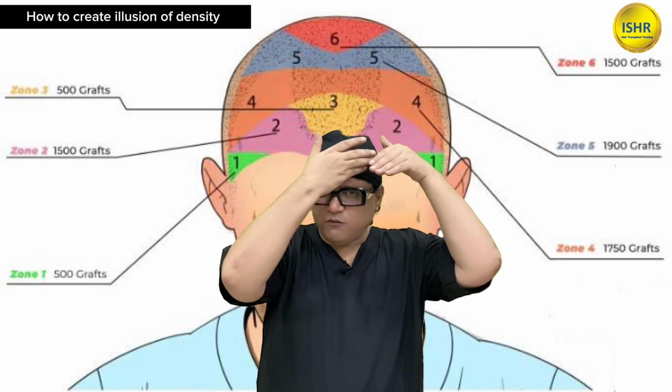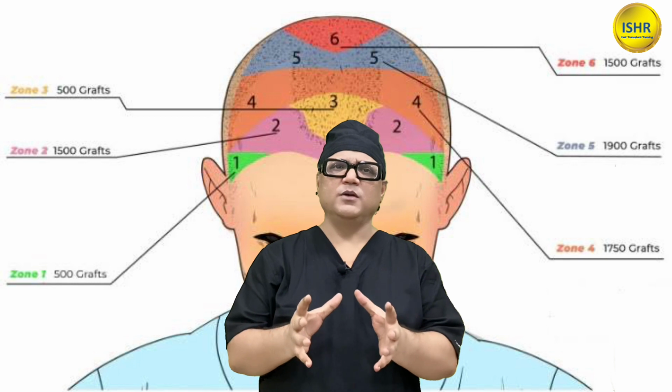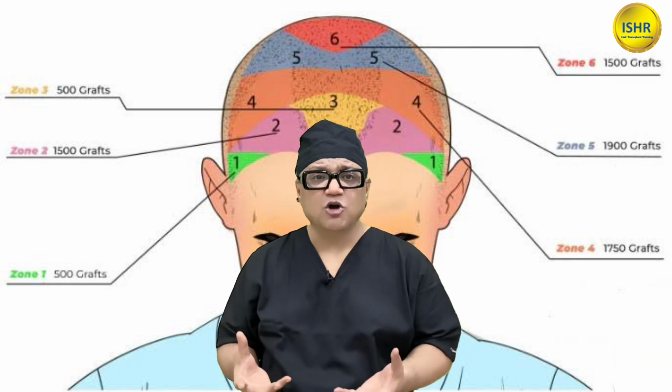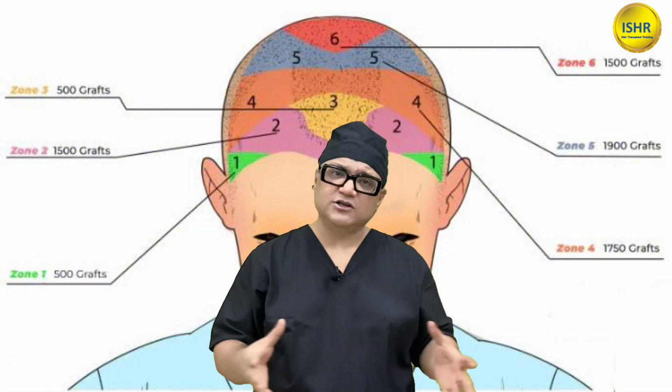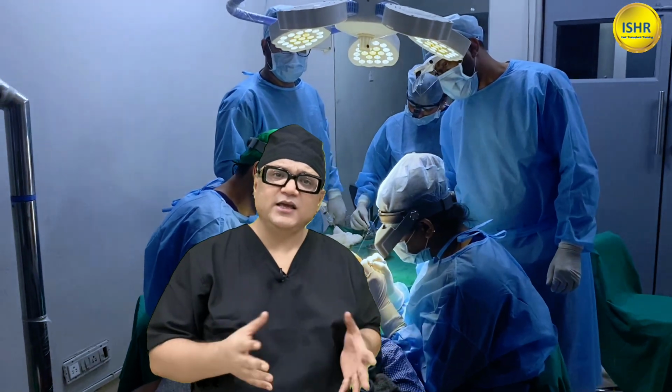We are going to discuss distribution of the grafts. Is he going to comb from left to right or behind? So when he comes for a consultation, we have to show him how he's going to look, how many grafts we are planning to put, how many grafts he has got, how we distribute these grafts, etc. Of course, we're going to cover the frequently asked questions from patients, like how long the hair transplant result may last, is there any complication or side effect, what is our technique, is it going to be painful, will the hair really come, what is the success rate, etc.